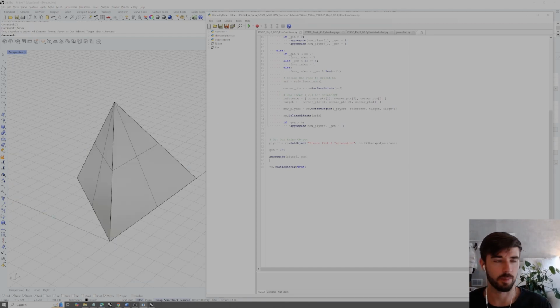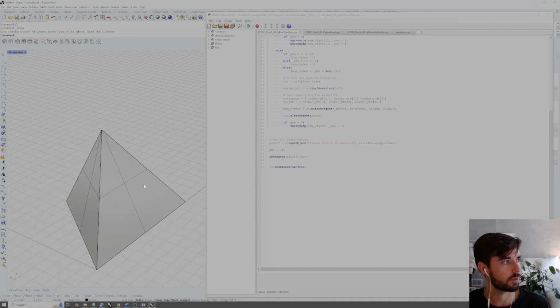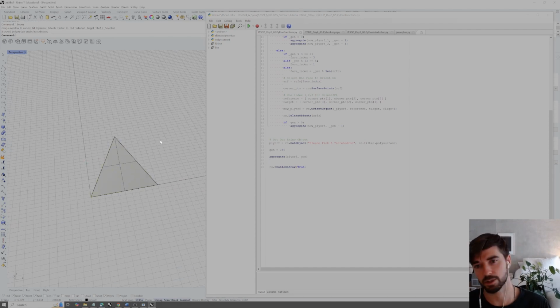This works with a base tetrahedron object, but if we wanted to actually aggregate not just a tetrahedron, but a tetrahedron with another type of object, what we would have to do is not just select our surface, but select which object we wanted to reference. These types of aggregations can be based on certain aggregating logics or growth logics like Lindenmayer systems. So I won't cover it in this particular video. I might cover it in a future video